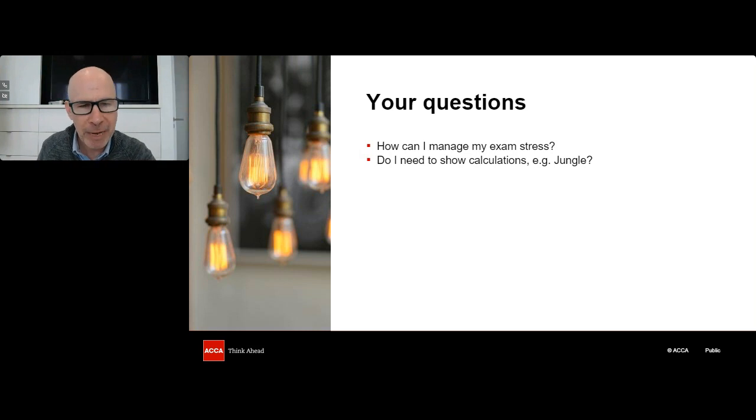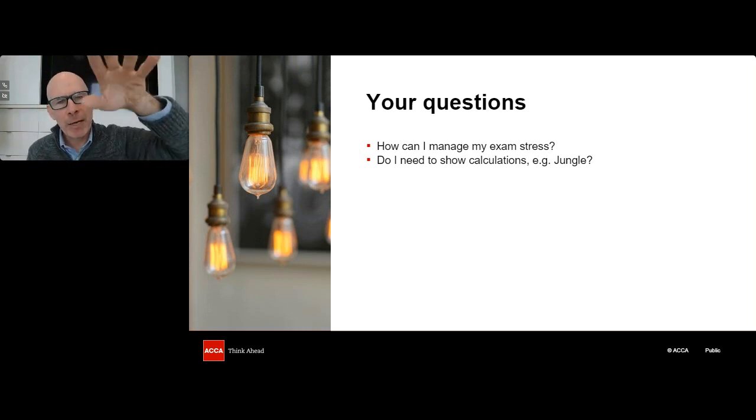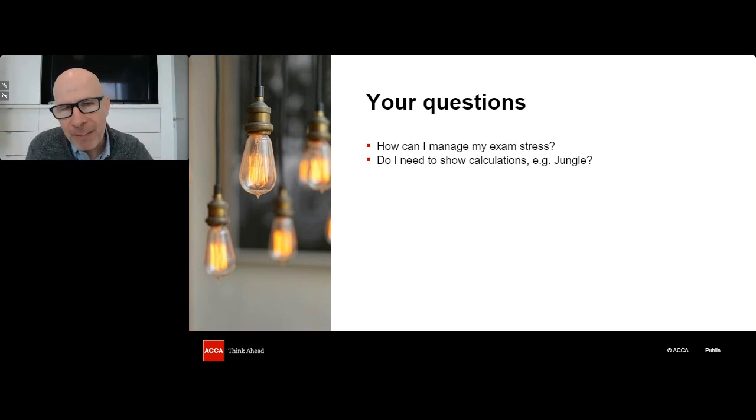Do you need to show calculations? Guys, in the spreadsheet, the calculations are in the cell. Don't show it. In the word processor, if you have a mistake, if your figure is wrong, you'll get no credit if the marketing team cannot see your workings. If you show your workings, it's possible to get partial credit. Okay, so my approach, I like to lay out my workings and then do it with the calculator. Okay, that's what I do.